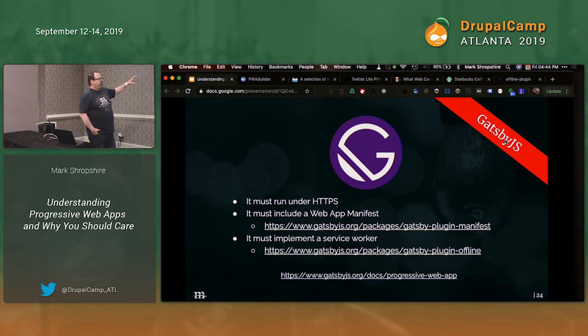To make Gatsby a progressive web application when you set up Gatsby. And Gatsby is a static site generating type tool. A lot of folks are now connecting it to Drupal and other backends. It can connect to WordPress and Drupal. It can connect to a Google Sheet and get data. It's really flexible. But once you deploy it, it's very fast because of the way it's set up,